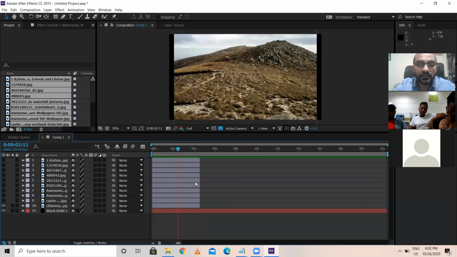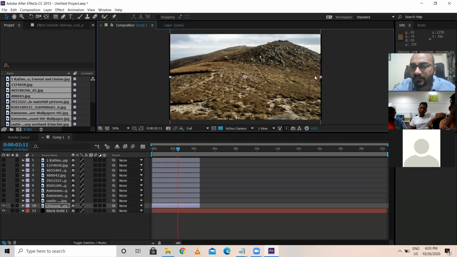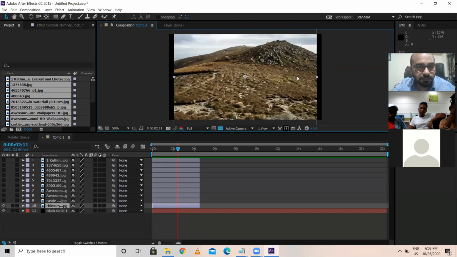Now I'm turning off the visibility of all, and I have selected just the bottom layer. Now I'm selecting the bottom layer. Now you can see here and here there is a black area, this side and this side. Manually, by clicking, you can do something like this. But let's not do that. That's not the preferred option.